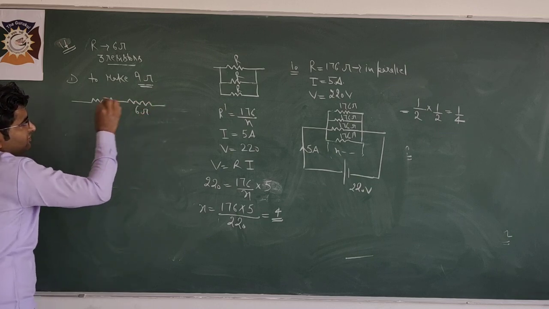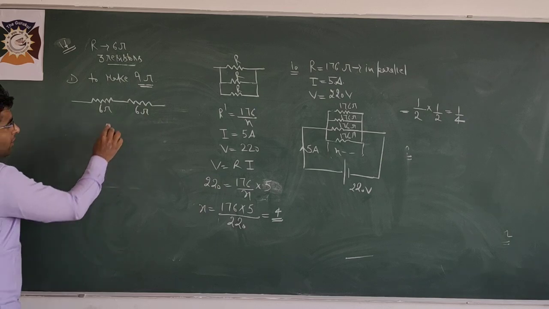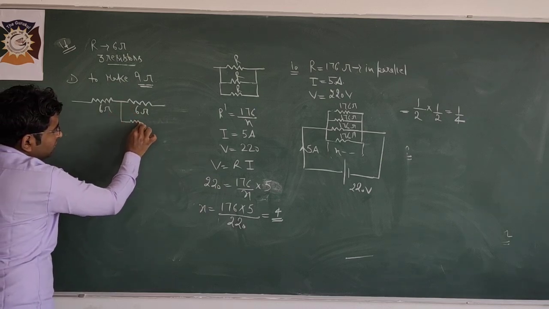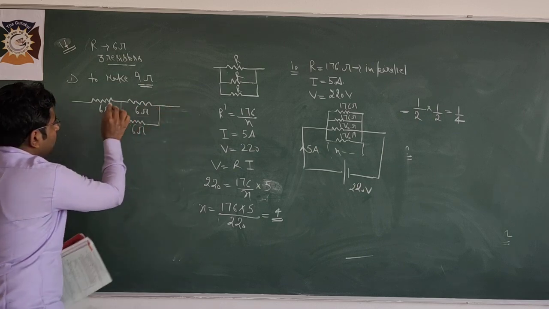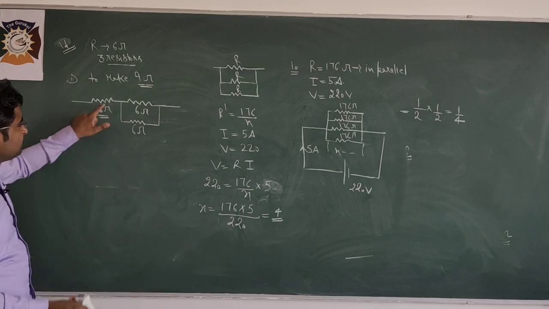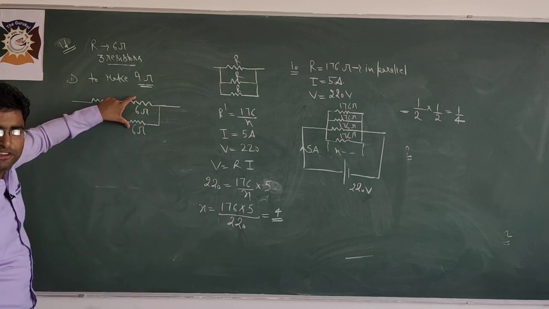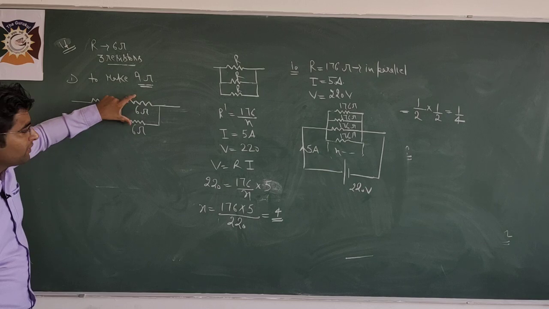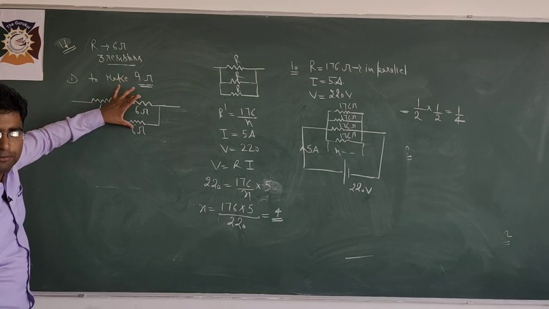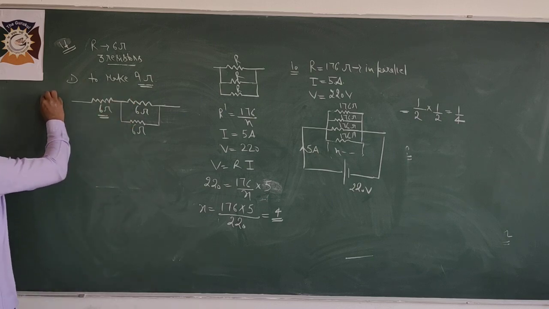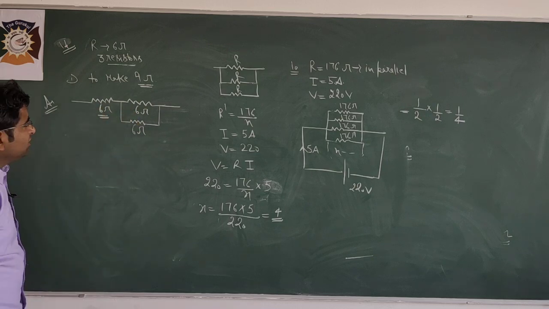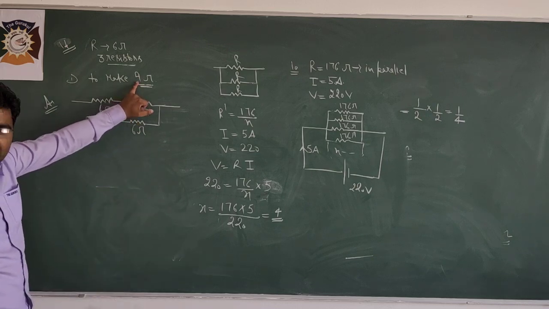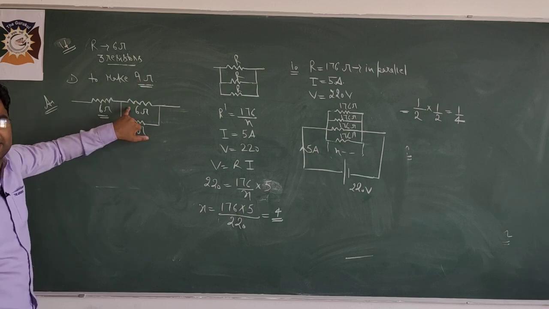Clear? So students, if you look at this figure, 6 ohm and 6 ohm. And if I connect 1 6 ohm here, look, 6 ohm is in series with the parallel combination of these 2 6 ohm resistors. 6 and 6 both are in parallel. This will give 3 ohm. Clear? 6 plus 3 will give 9 ohm. So to make 9 ohm, we have to connect 3 6 ohm resistors like this.